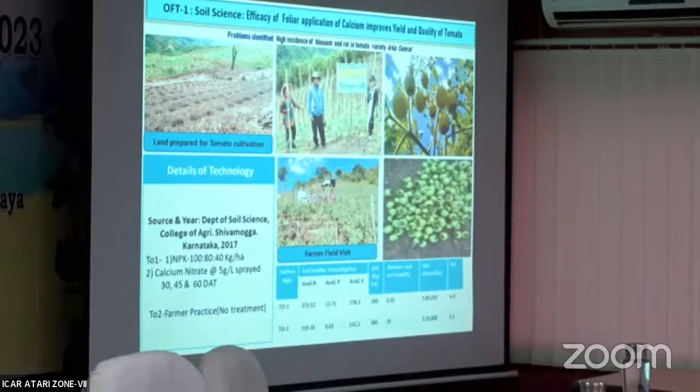No, it is not green tomato. It is of course variety Arka Samrat. Our district is popular for tomato cultivation since we introduced the tomato variety Arka Samrat in our area. As per the farmers' need, blossom end rot is more, so we conducted this trial. This is the Arka Samrat variety, but the infestation percentage is more at this early stage.